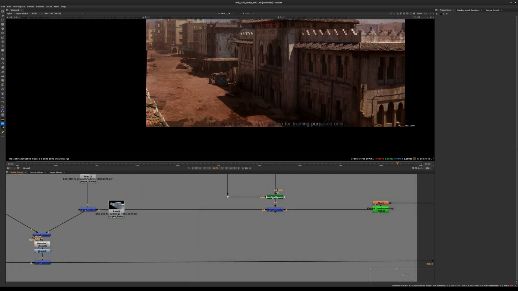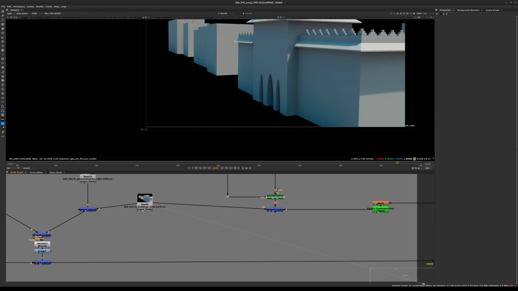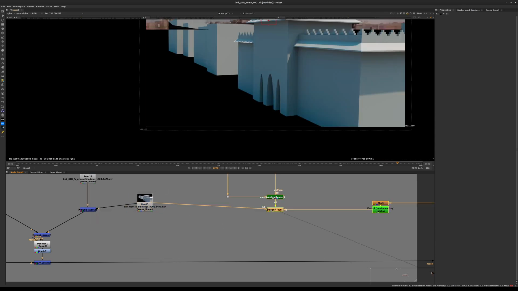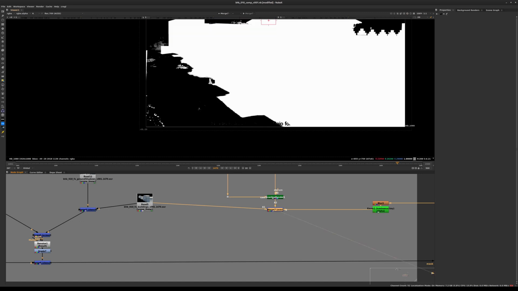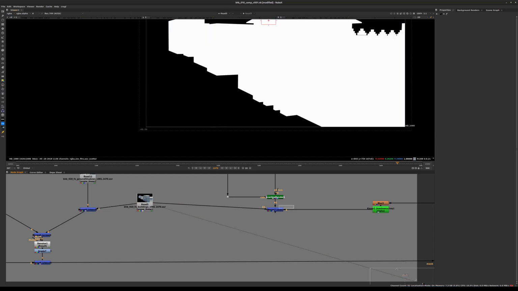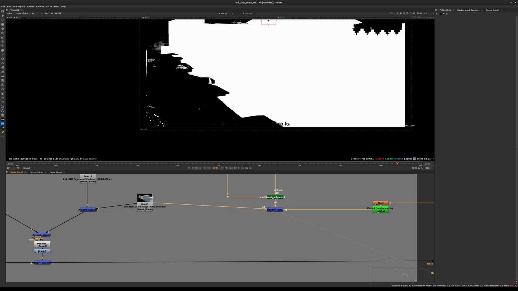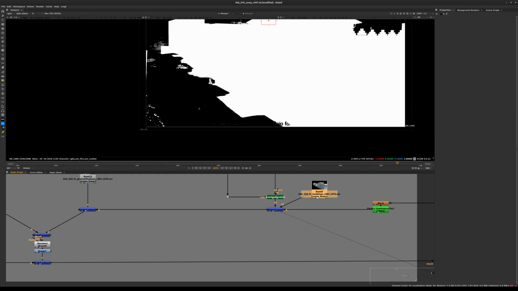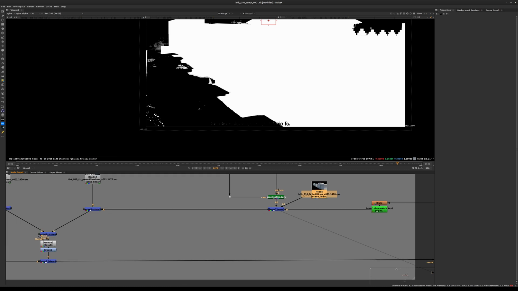One thing that we forgot to do is we left the connection between the 3D building and the stencil. We essentially want to use this as the mask that goes in the second input here. Instead of using this as an input, we now want to use the output of this as the A input. So all we need to do is shift this connection away from this single node and bring it into that merge node like so. We can move this around like that. And now that we have done that, we get basically